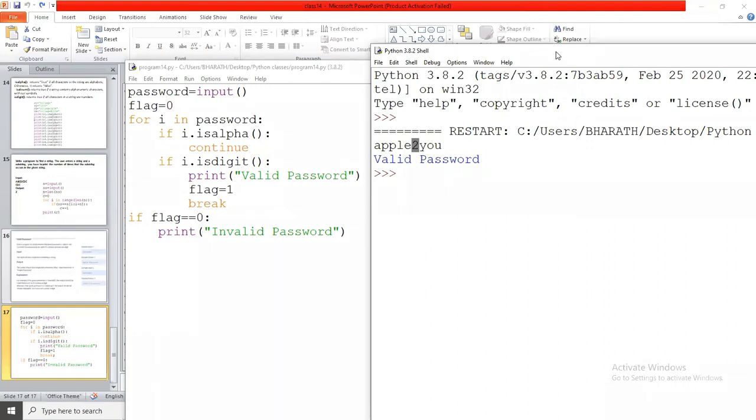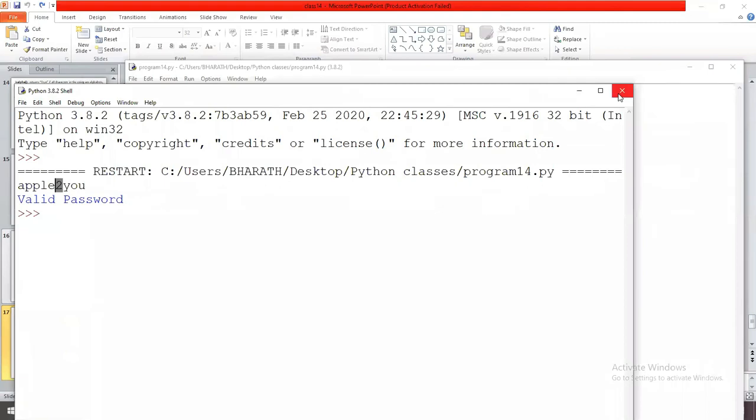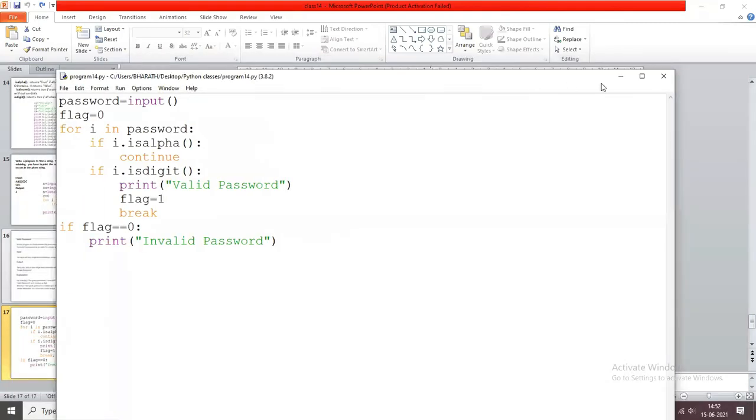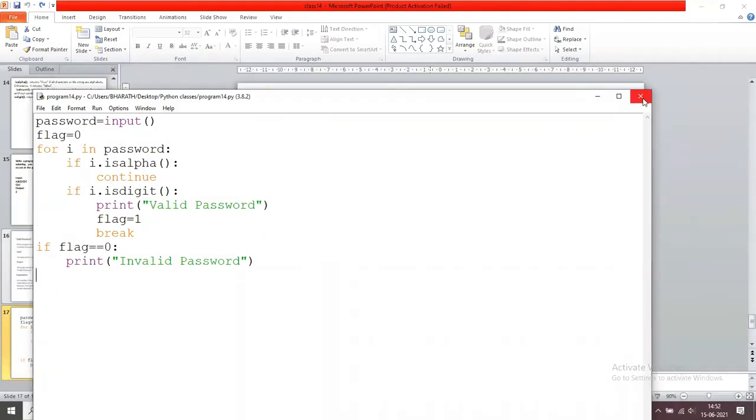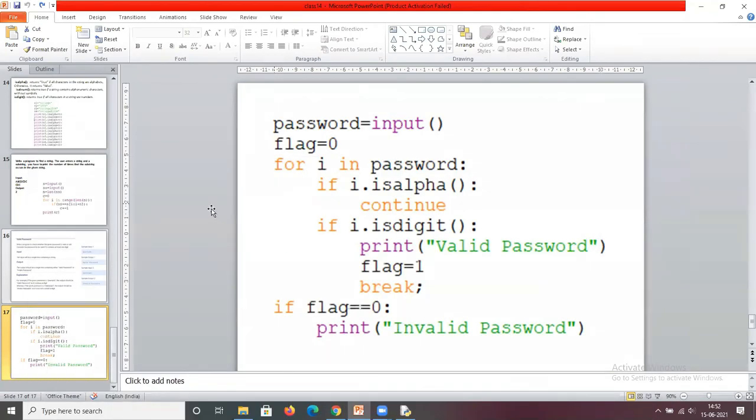So this is the solution for that problem. So anybody have any doubts? If apple2@, yes, it prints valid password only.